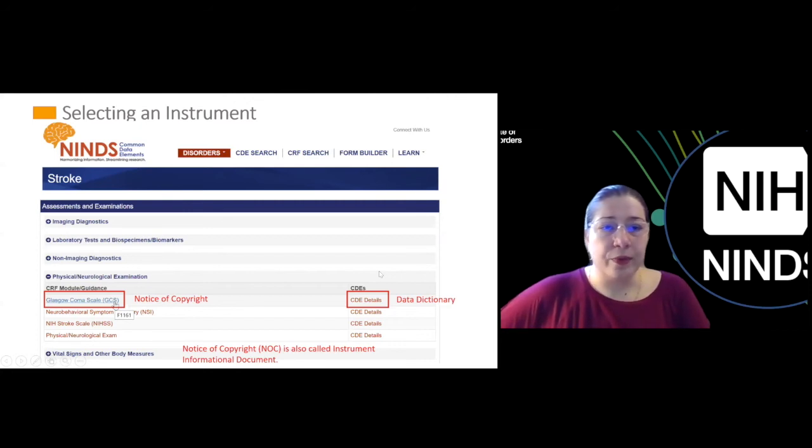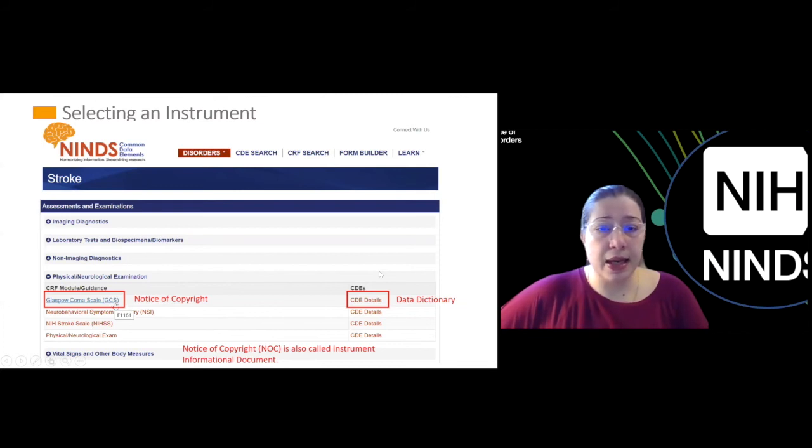So the case report form, as I mentioned before, I'm going to check another one here, because this one, the physical and neurological exam, has a case report form that you can download. So you click in there, and this is what you see. You will see a window to download the Word version form, and in some diseases, you may find that it will open in the website.